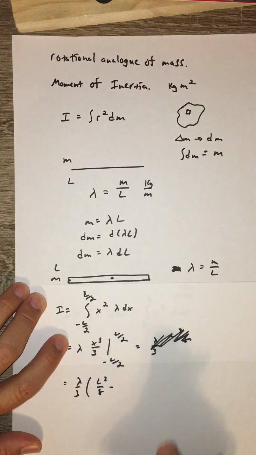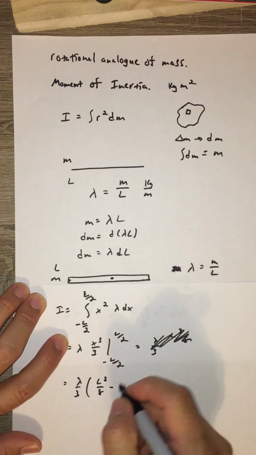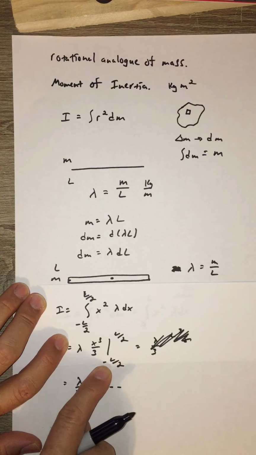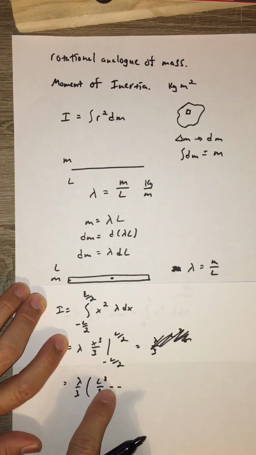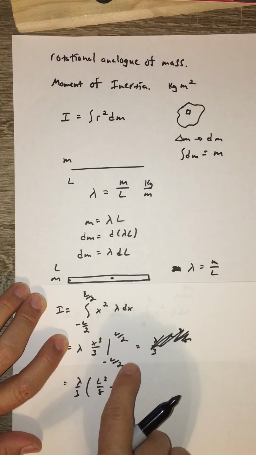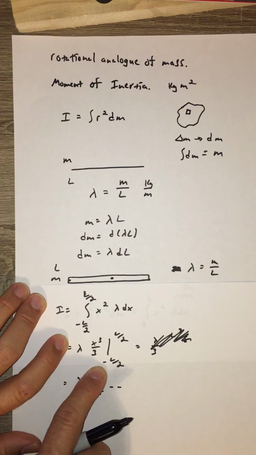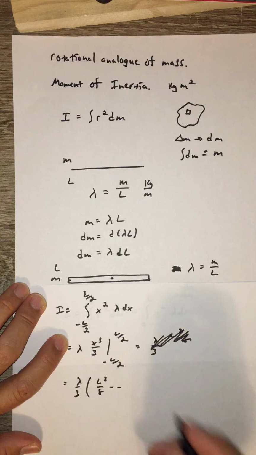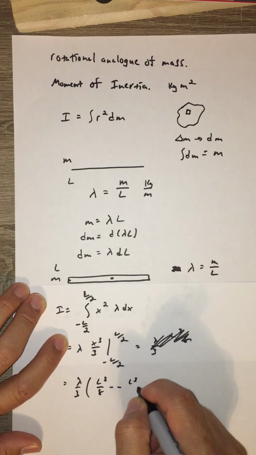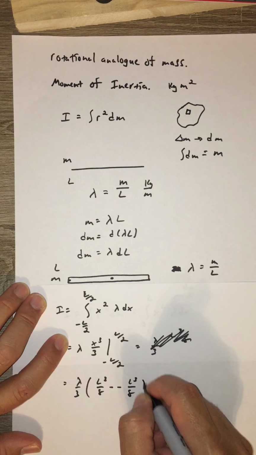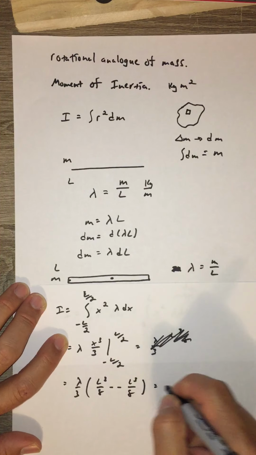So that's a minus, and then minus, because when I cube this, I still get a negative. So this minus comes from the fact that I'm subtracting the lower limit from the upper limit. This minus comes in because I'm cubing a negative number, and I get minus L cubed over 8,